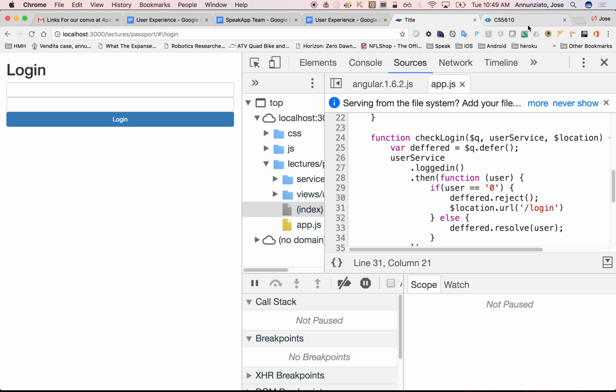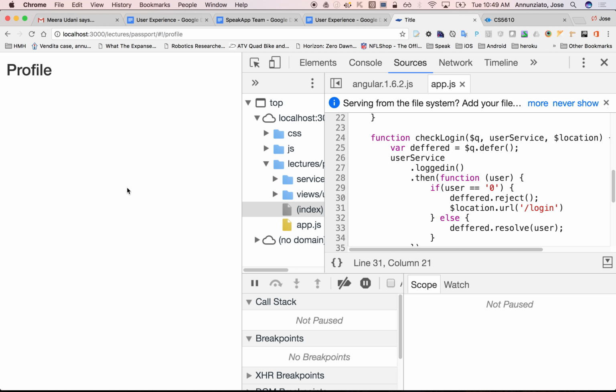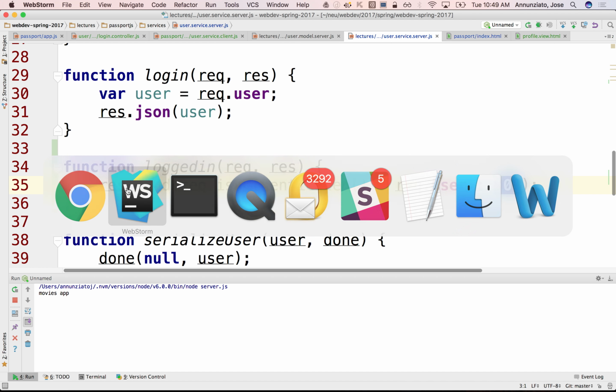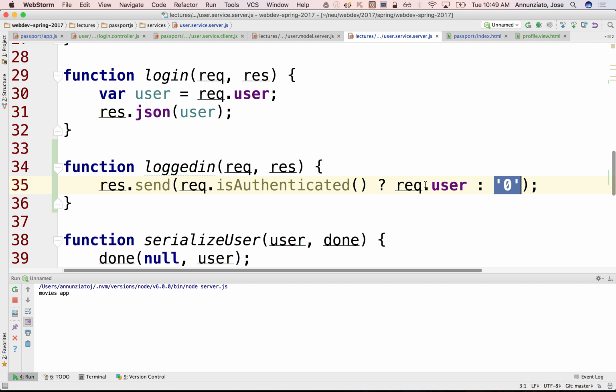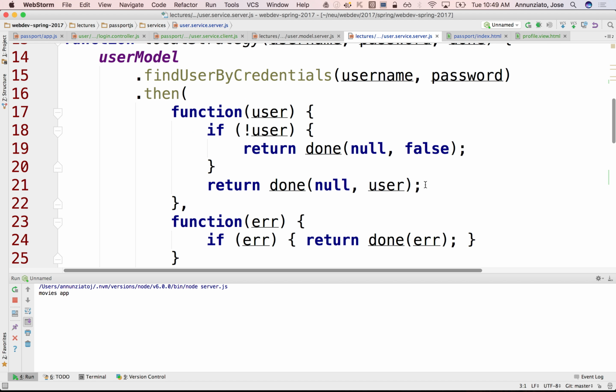So the next thing is that once we do log in, I would like to be able to at some point log out, right? I can either time out after 30 minutes, although you can configure it to be a smaller time or a longer time. I'd like to be able to log out, right? So let's do that. Oh, before we do log out, I did mention